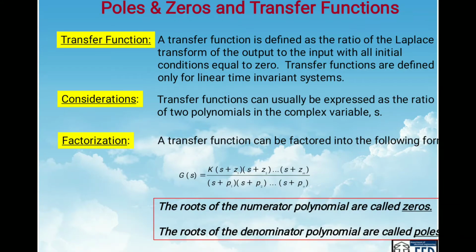As we know, this is a transfer function approach. The transfer function is the ratio of the Laplace transform of output to the Laplace transform of input, with all initial conditions considered negligible or zero. And this transfer function approach is only applicable to LTI systems, that is, linear time invariant systems. And there is the open loop transfer function, where the roots of the numerator equation are called the zeros and the roots of the denominator equation are called the poles.